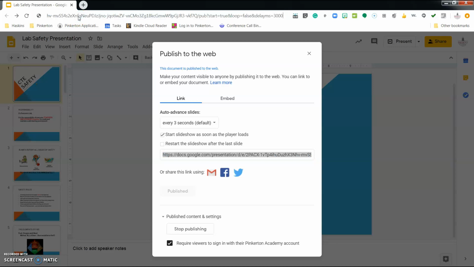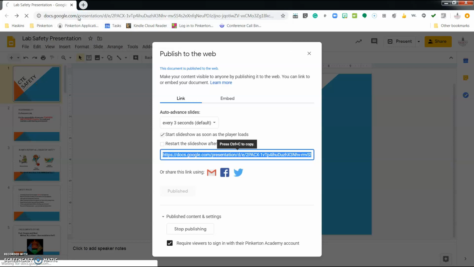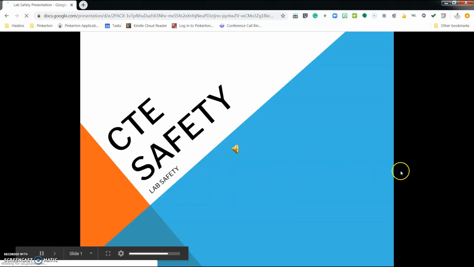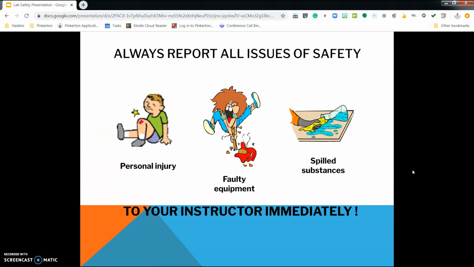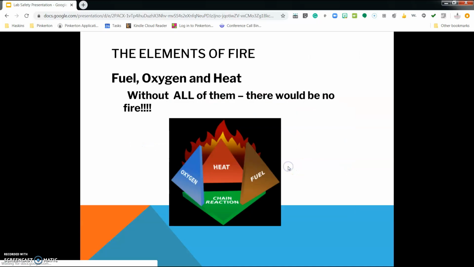And then put it in a URL, sorry. This is how the students would see it if they were uploading it or clicking on it through your Google Classroom. As you can see, it transitions. I can click on it and have it transition as well, but that does pause the play of the slideshow. So in order to continue on, I would have to press the pause button or the